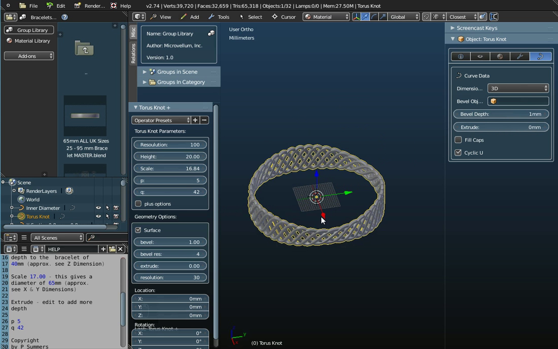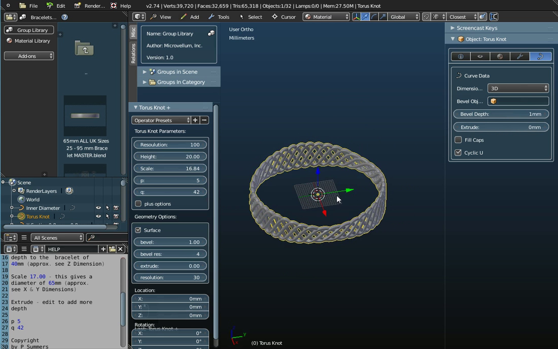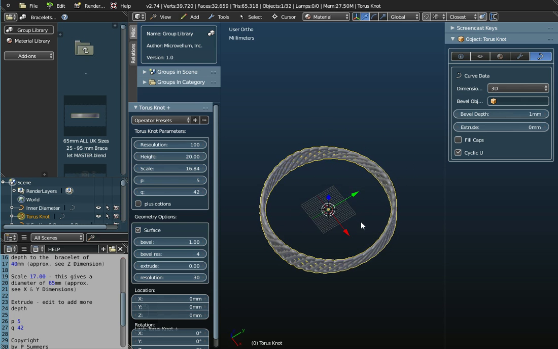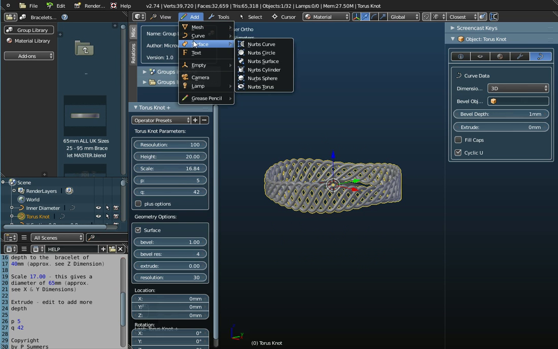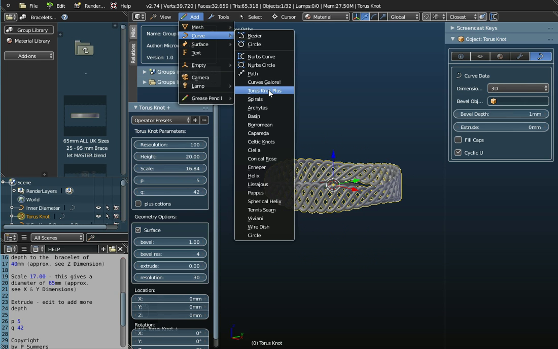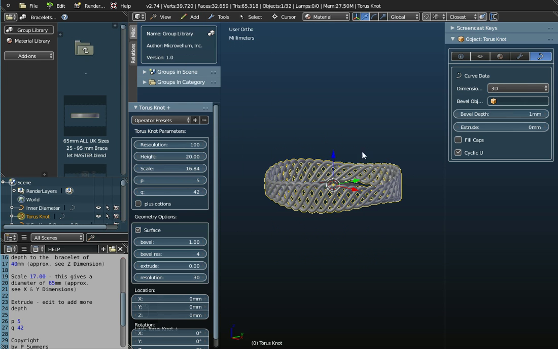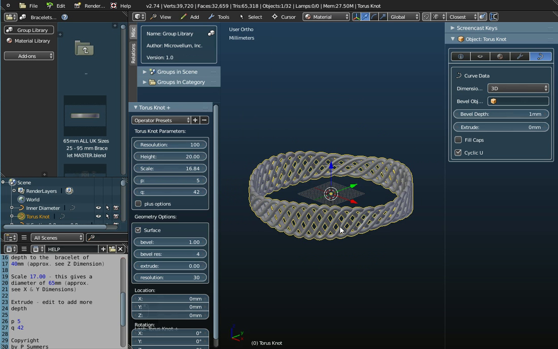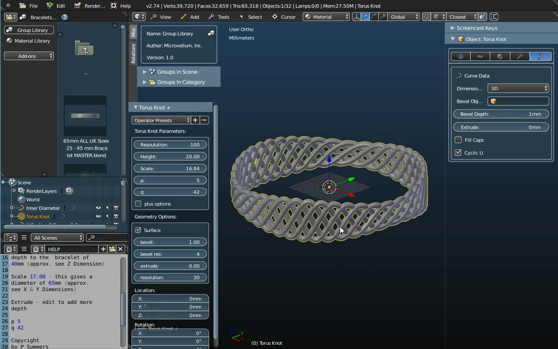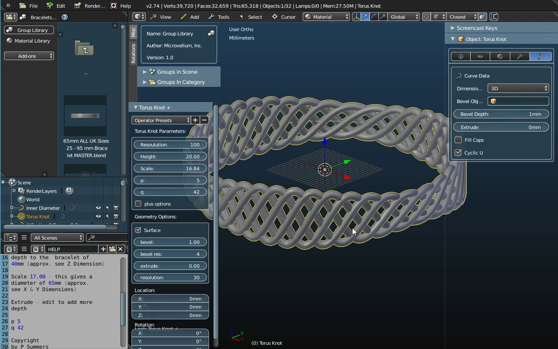Okay, so that's what you can do in terms of creating bracelets using these different patterns, using the Torus knot plus curve feature. So lots and lots of different types of bracelet that you can create. Now when you're happy with the style that you've got, and I'll change that back down to 0.5,